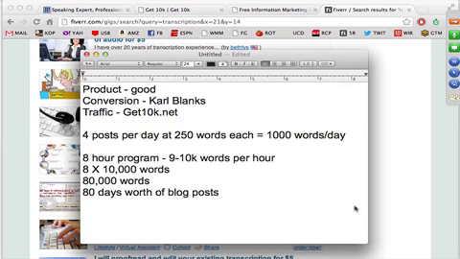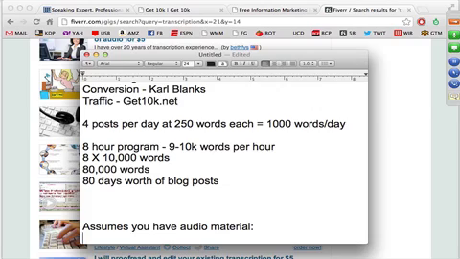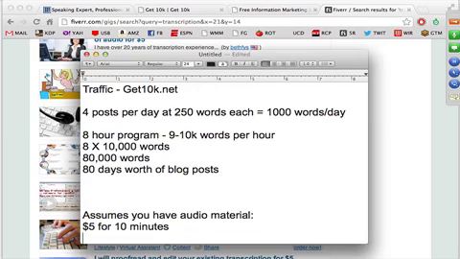So if you go to a transcriptionist, this assumes you have audio material. Okay? And so $5 for 10 minutes, right? Is that what it was? $5 for 10 minutes. So that would be the equivalent of, multiply that by 6 for 60 minutes, $30 per hour. Now, let's go back to the fact that I talk at about 10,000 words a